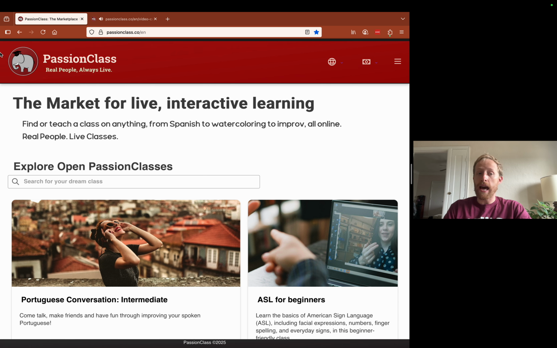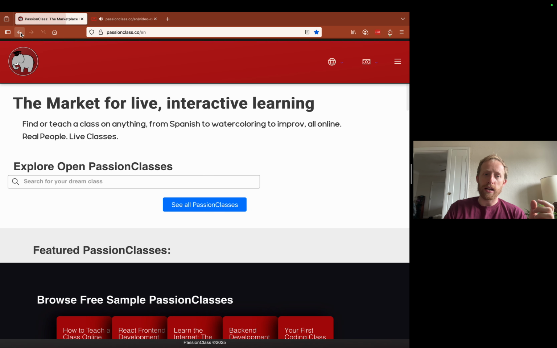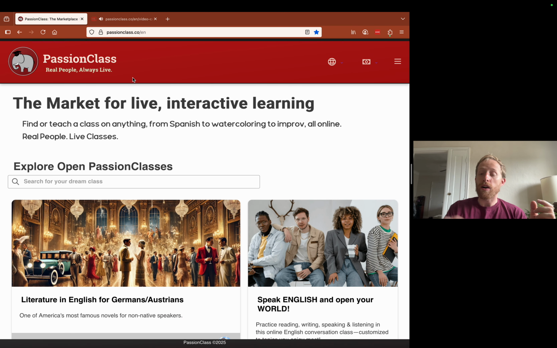So I have the header, and one example is this title area. What this actually is, is a box. You can see that these two elements, this title and this subtitle, Passion Class Real People Always Live, are centered within that box. So there's actually an invisible rectangle here, and they're both centered in that.